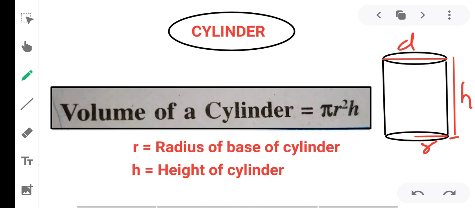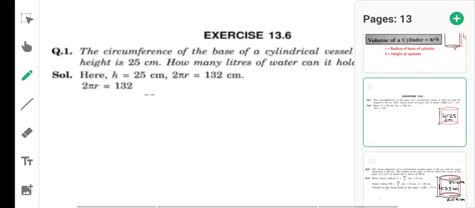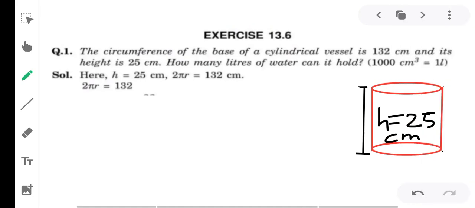I request you, whenever you see this video, take pen and paper with you and write down the solution of the question, and also understand the question as well as the solution, right? I have prepared the slides for you. On the screen you can see exercise 13.6, and you have question number 1. You can also see the examples given in the textbook; follow those examples too, and it will be very easy for you. Just keep the textbook with yourself, so you can read the question carefully and understand it.